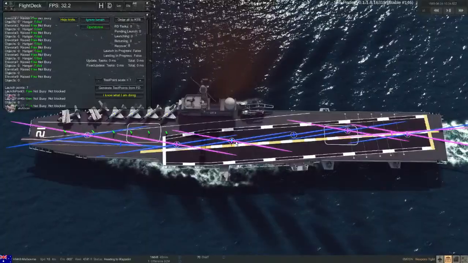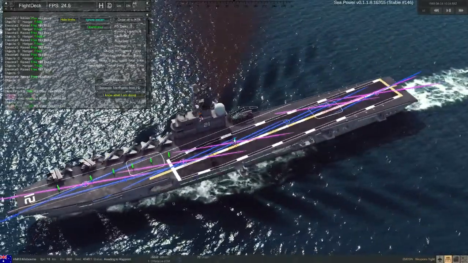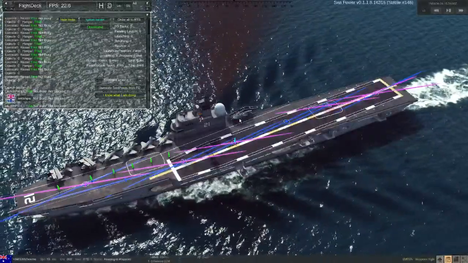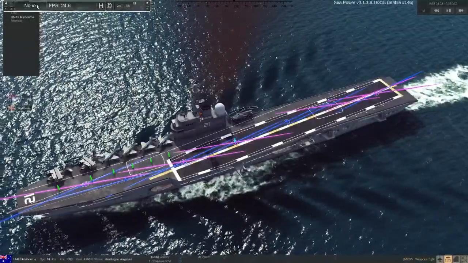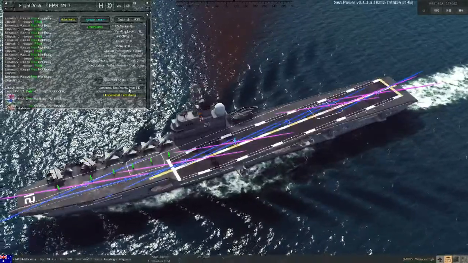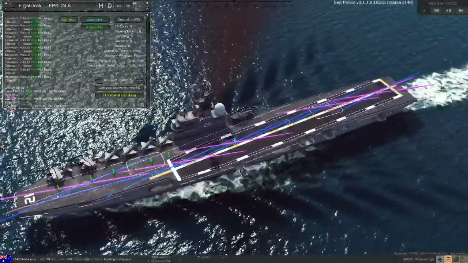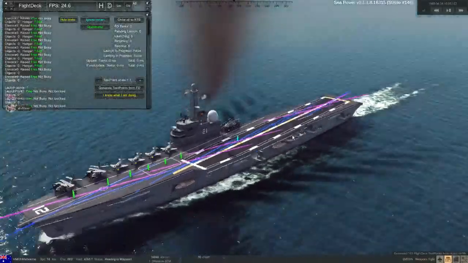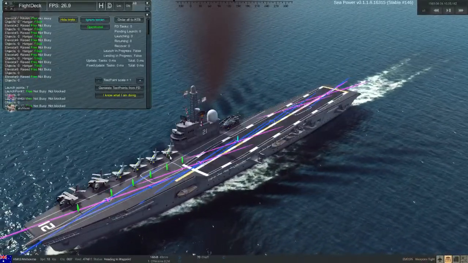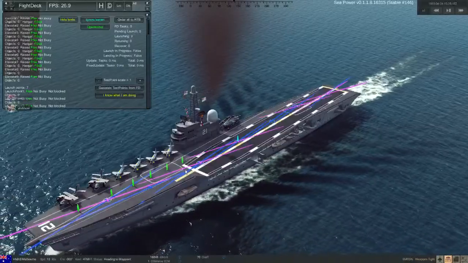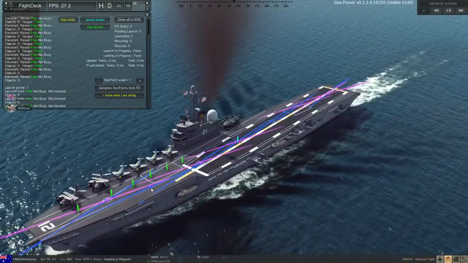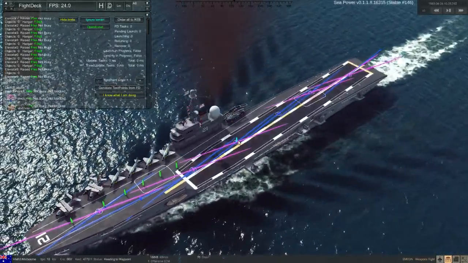I cannot for the life of me remember what the light blue pip means. Is it something when setting up the taxi paths, or is it something on the menu? If you go F10 and press Flight Deck, you can click on Generate Test Points from Flight Deck, and it will put all these little pips and markers on, displaying all the locations. So yellow means elevator, green means waypoint, pink is your recovery, blue is your launch point, and